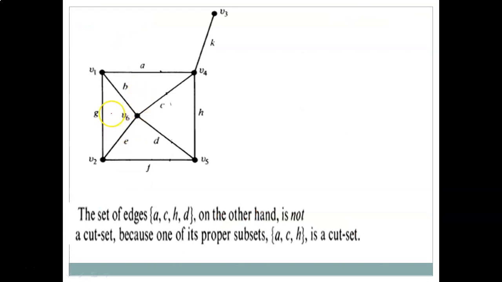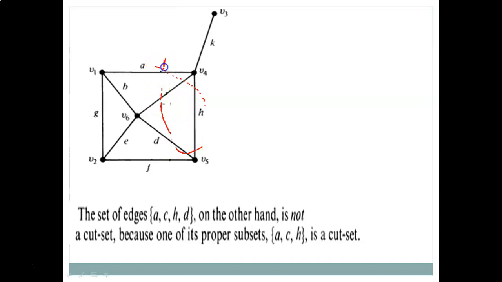You see, in the same graph which I have considered earlier, if I consider the edges A, C, H and D. A means this, C, H and D means I'm going in this manner. A, it is crossing C, it is crossing this H. Either I should come this way or I can also come this way. A, C, D and here H.